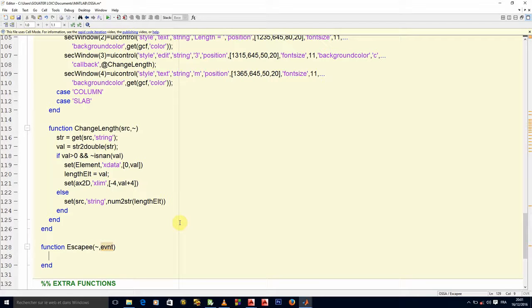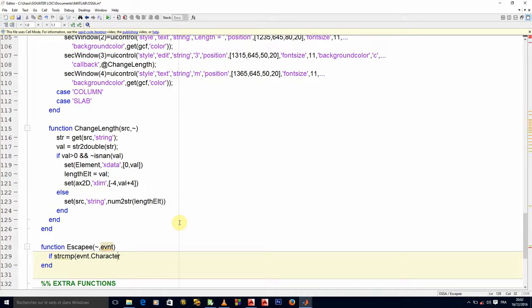Here we want to say: if the key that has been pressed, the character that has been pressed, is the escape character, that means if event dot character, or we'll just use string compare, because here we're comparing two strings.